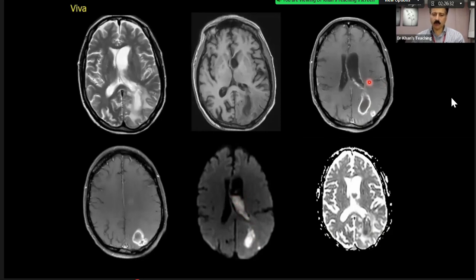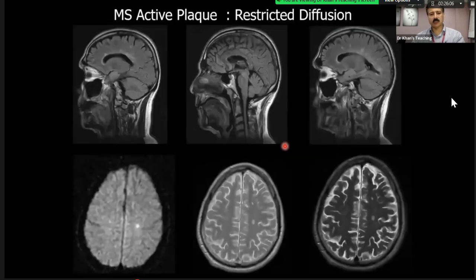If you look carefully on this post contrast, you can see a bit of a level here, and actually this characterizes that this is pus. And you have done well by picking up this enhancement, which is because of ventriculitis, and you can see a double rim also here on this T1 weighted sequence. So the point is that this is an abscess.